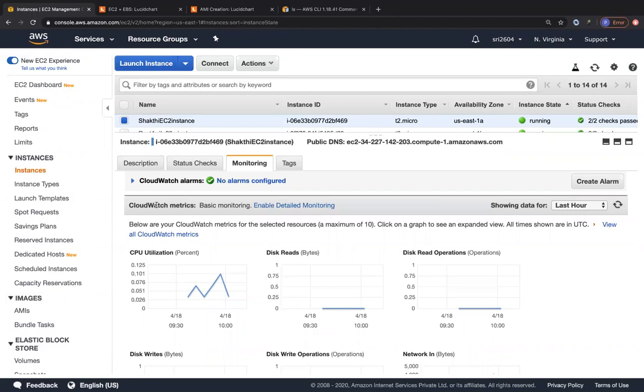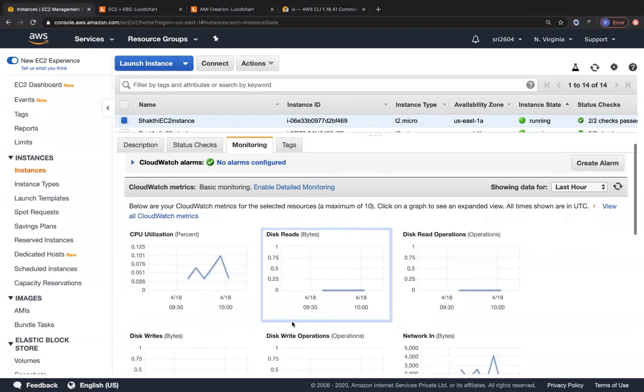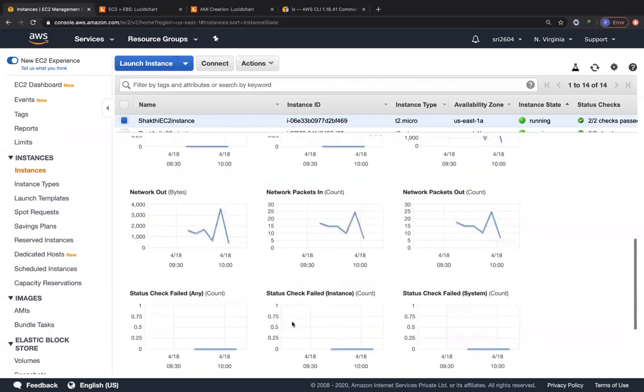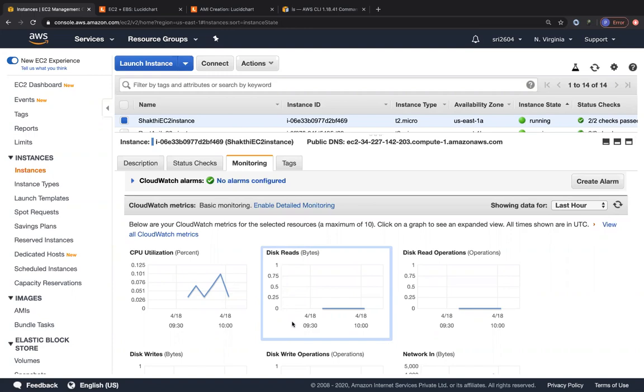You can get CPU utilization, disk read bytes, disk write bytes, network in, network out, network packets in, network packets out. And then you have something regarding your status checks also, which we'll study in a little bit of time. Okay. You can see over here, all of your metrics are there for 5-minute granularity. But if you want it for 1-minute granularity, you have to enable detailed monitoring, which is for an extra cost.